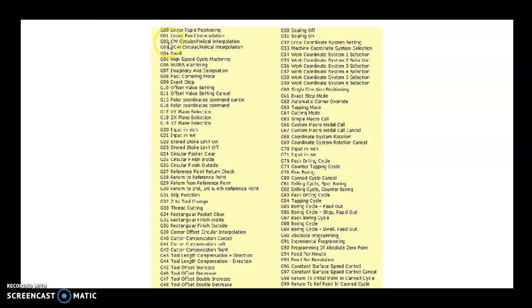The G02 code is used to move the tool in a clockwise circular interpolation. G03 is used to move the tool in an anti-clockwise direction. G04: if I put G04, the tool dwells at a particular position. Next, the other important codes.